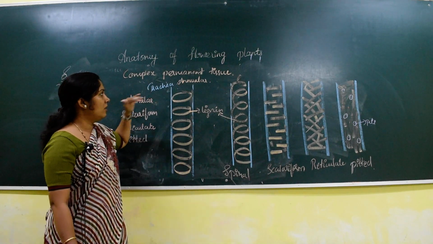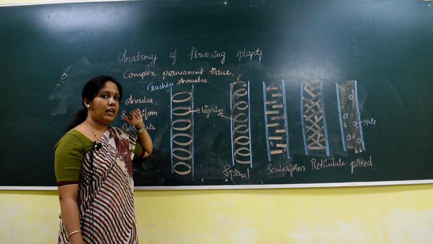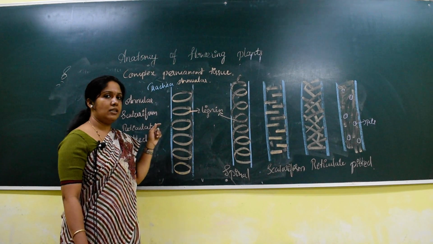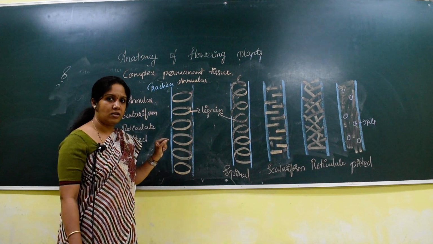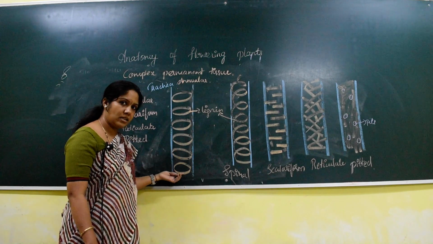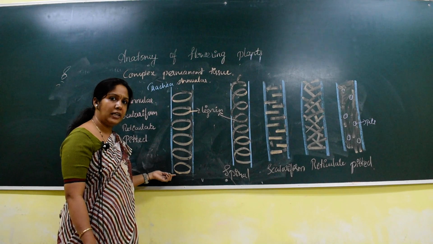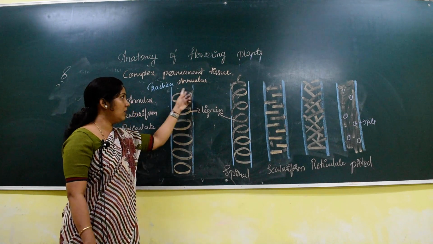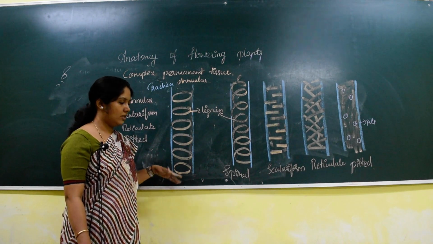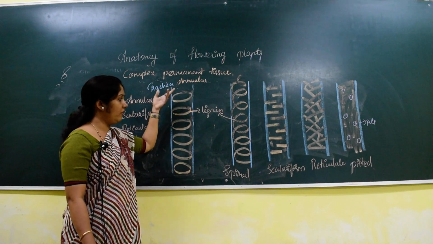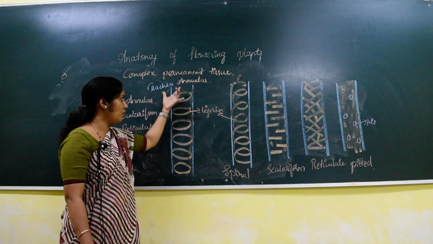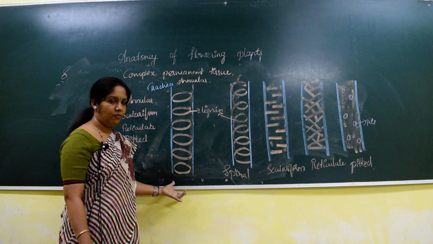Another very important point: what is the difference between tracheid and trachea? In the previous diagram, the tracheids had pointed ends, or the ends were tapering. But here we can see blunt ends. There is no pointed end, it is straight. So the vessels, or tracheary elements, show blunt ends, and we can't identify where one ends, hence the trachea are overlapped on one another to form a continuous pipeline-like structure.